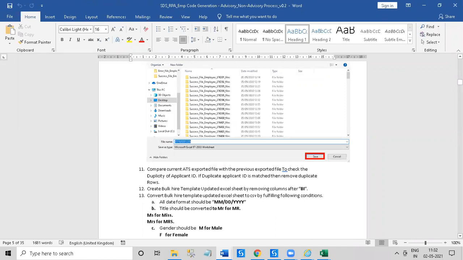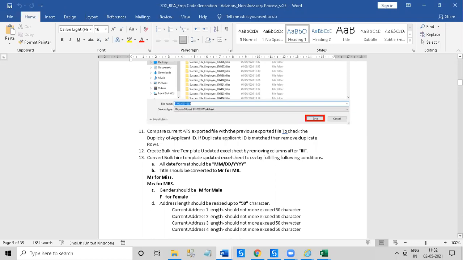After that, the bot will compare the just downloaded Excel sheet with the just previous Excel sheet to check for duplication. If any duplicate item is present, it will remove the entire row. Let's suppose the employee ID of Hamid has already been processed in the previous run cycle. So it will remove Hamid's entire row, and the rest of the rows it will keep as they are.